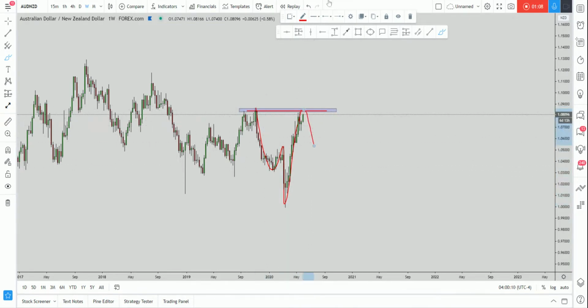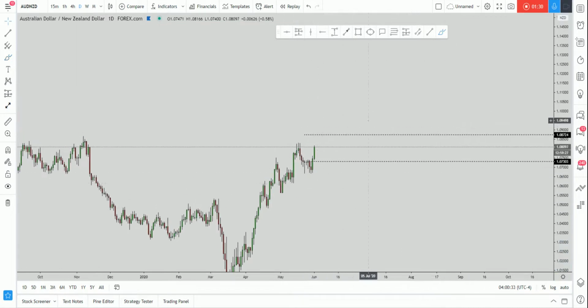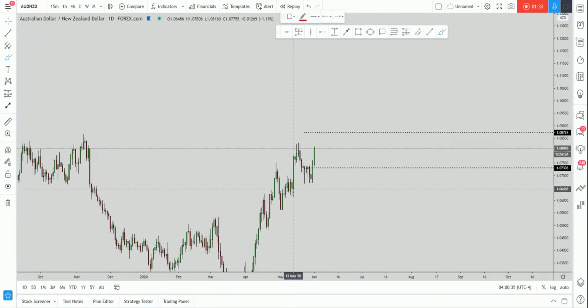So we want to see from here the market make a move to the downside and go and test the neckline, which is overall basically the completion zone of this W formation. So we want to see the market make a retracement, possibly rejecting this resistance here, which is again resistance at this area. We go down on the daily time frame, and on the daily, what kind of situation we have? On the daily time frame, we have a market that has created a nice impulse, followed by this nice retracement, and the market is currently making the continuation to the upside that we wanted to see after the previous analysis